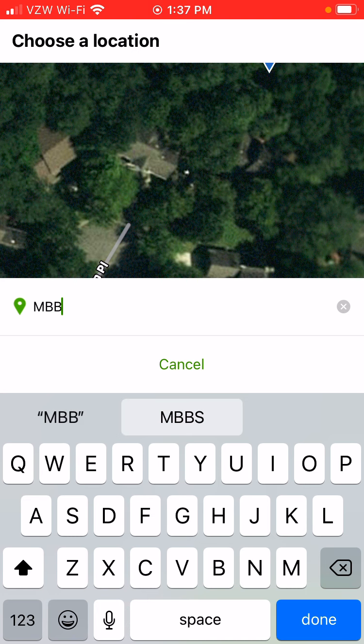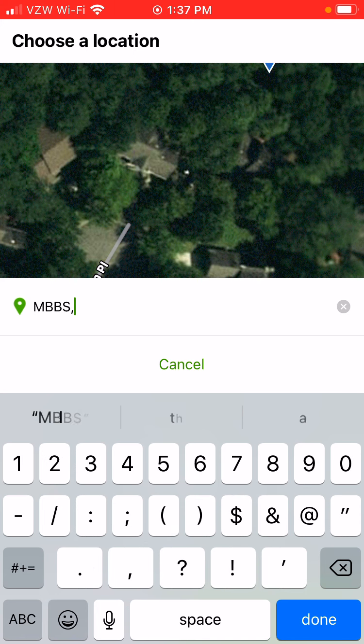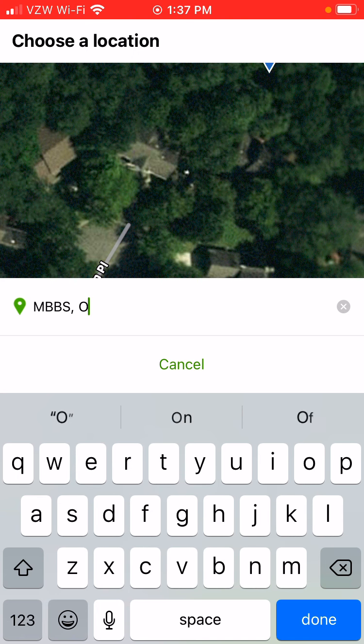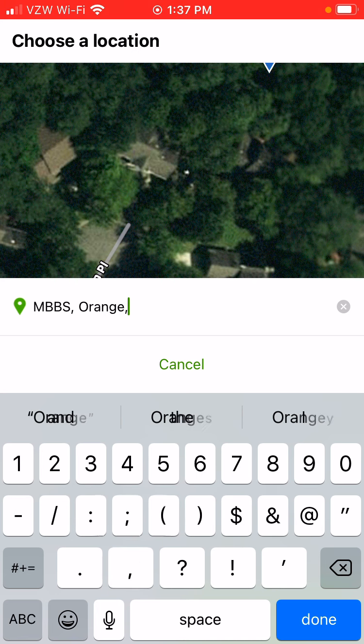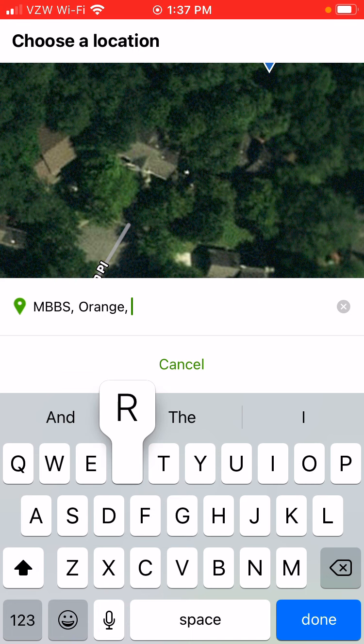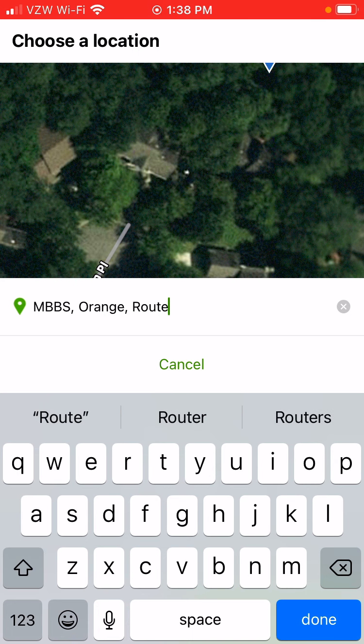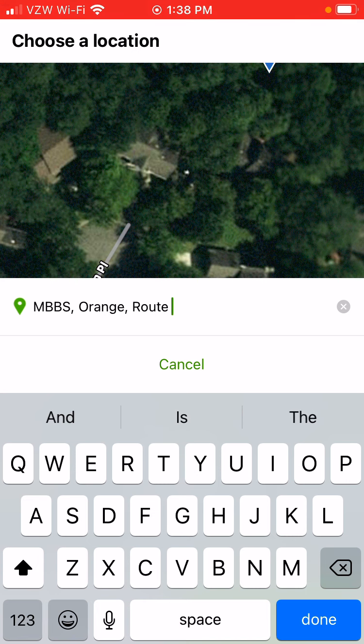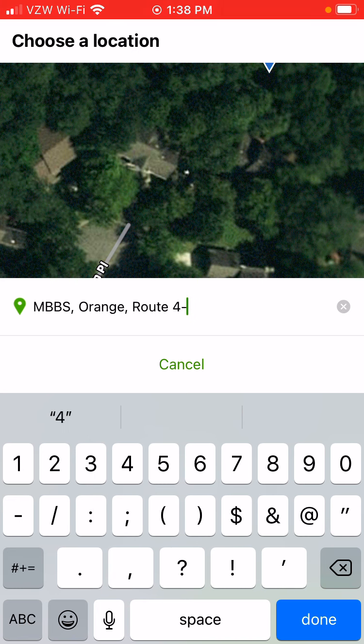MBBS, comma, what county you're in. So either Orange, Durham, or Chatham. We're not going to put the word county or CO or anything, just literally that county name. And then route, and then the route number, followed by a dash, followed by the stop number you're at, for example, like